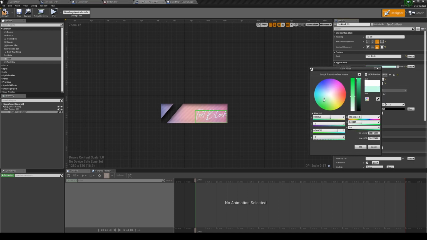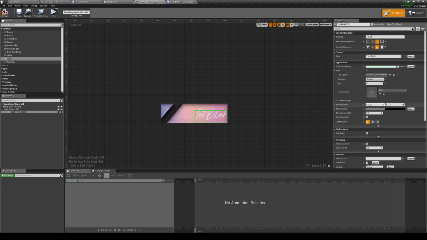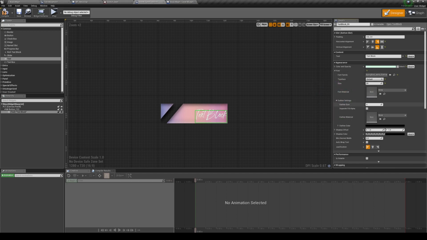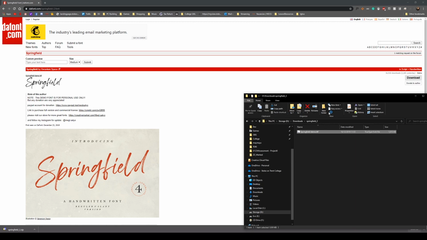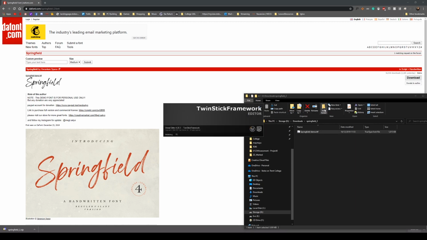You can change the color of it, and you can also do outline. Oh, and so depending on a font, because it was quite a complex font, I don't think Unreal liked that, so let's just send and restart. But